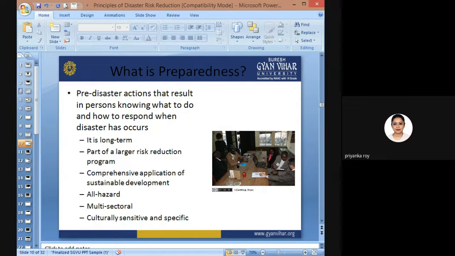It is long term, whether it is a long term hazard that can happen, part of a larger risk reduction program. It can be part of comprehensive application of sustainable development. All hazards can be included into it, and a multi-sectoral approach can be taken up to address that hazard. Culturally sensitive and specific types of activities can be implemented in areas, because every region has different cultural aspects,